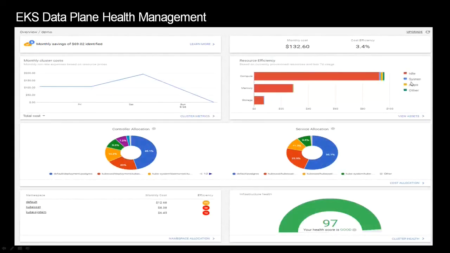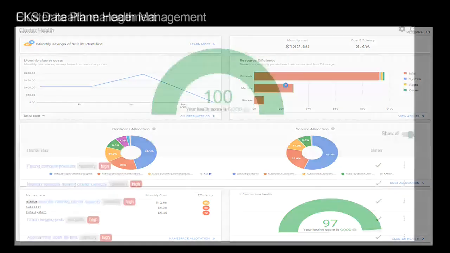Let's talk about some of the UI stuff. I'm going to show you in the UI, so you can see what this actually looks like. Whenever you log into the kubectl console, you will see a dashboard like this, where you have an overall cockpit view of all the clusters and all the resources, how much saving you are having, and the general health of the infrastructure.